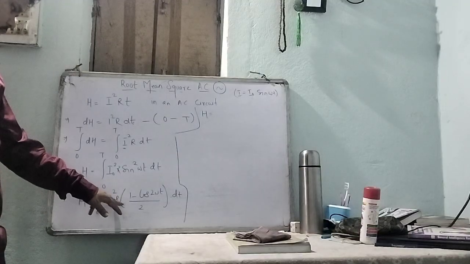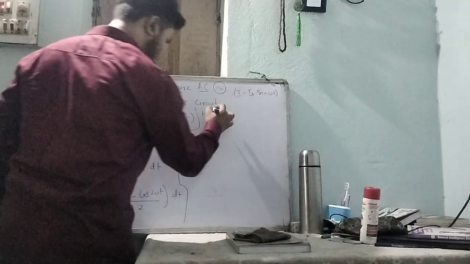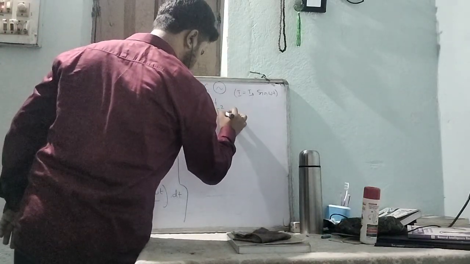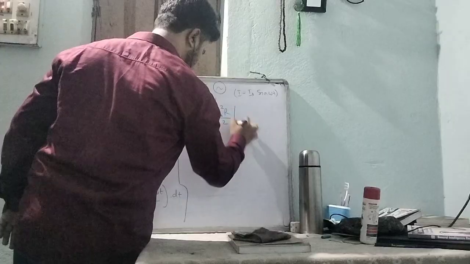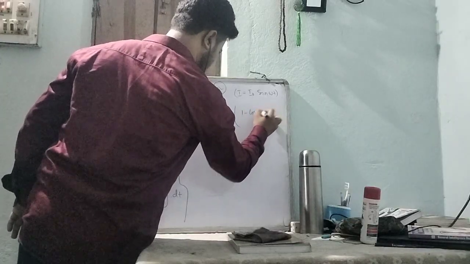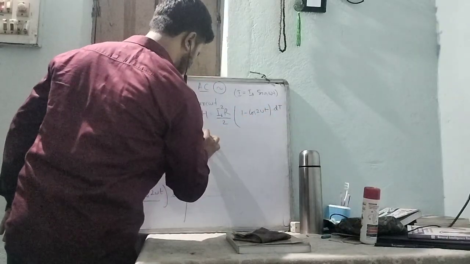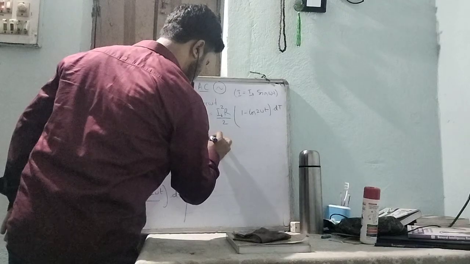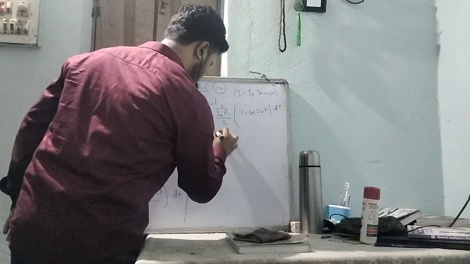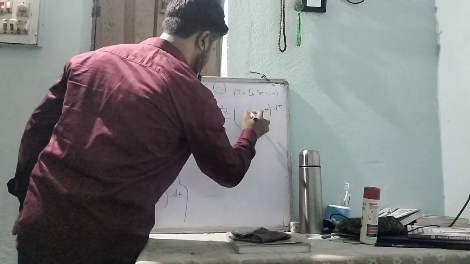So I naught square and R, and this 2, I take out of the integration. So it is I naught square R upon 2 into (1 minus cos 2 omega t) into dt. Alright, now this H is equal to I naught square R upon 2, integrating it over the limit